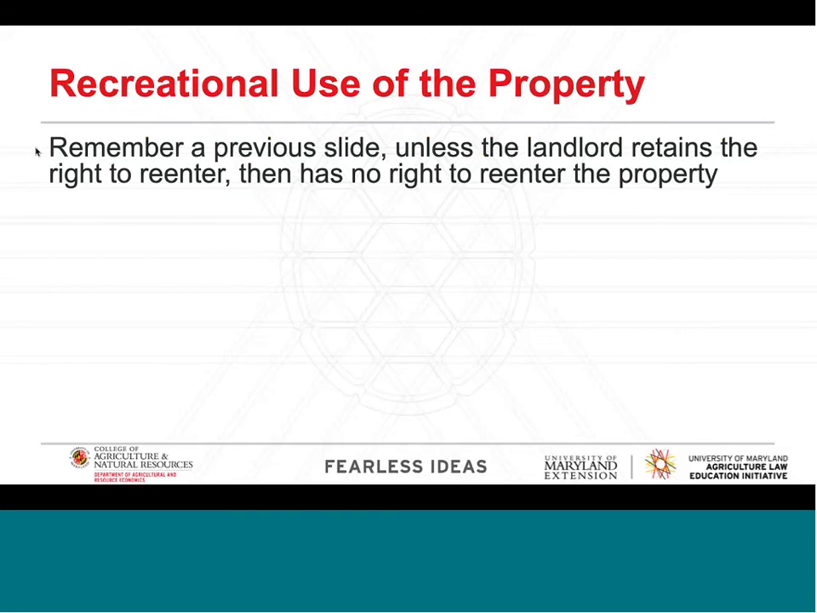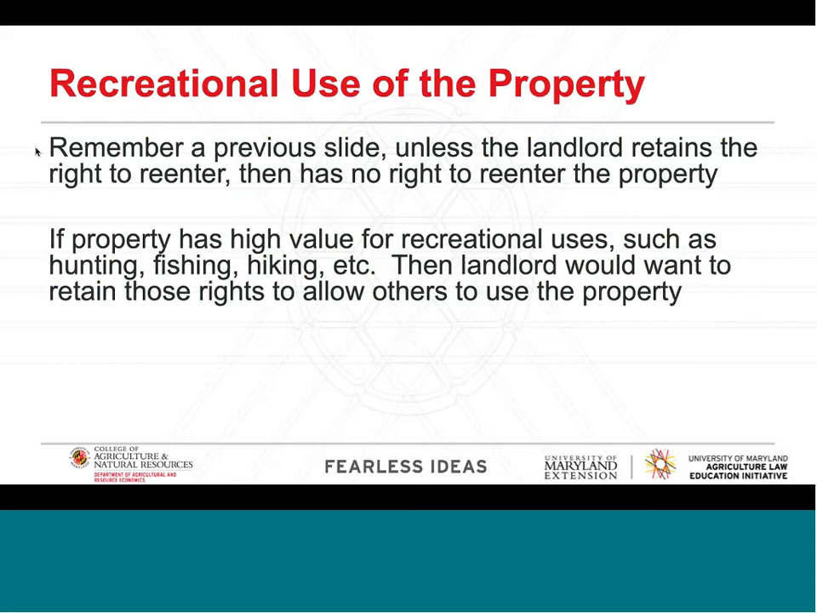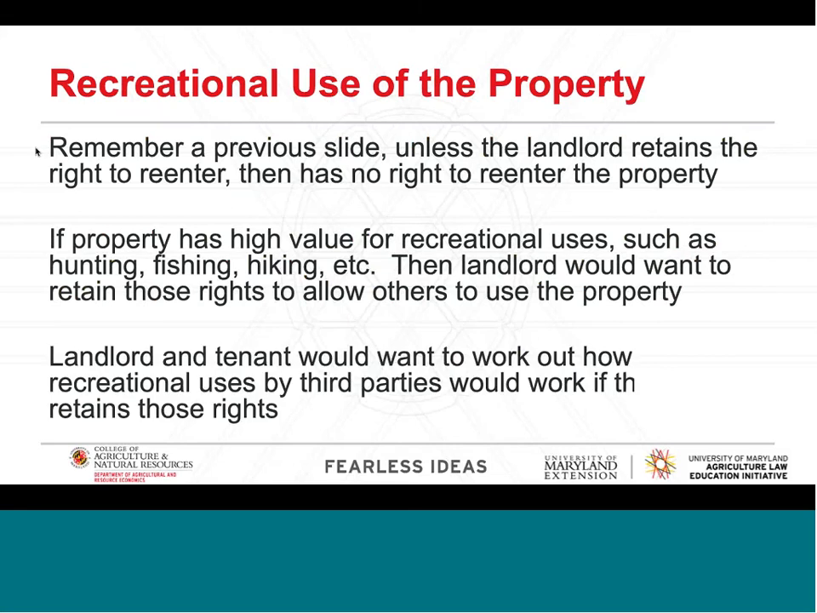As it says on that, they have no right to come back in if there's recreational use on the property. So if they want to go back on to hunt, to fish, to hike, to do something, they need to retain those rights. At the same time, if the landlord wants to lease those rights out to a third party, then we really need to make that clear in the lease. This is why we need to work on written leases so we can have a little bit more ability to